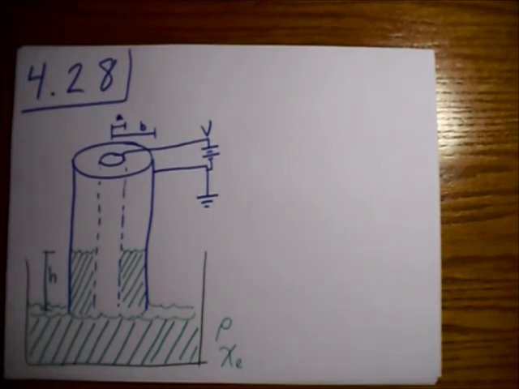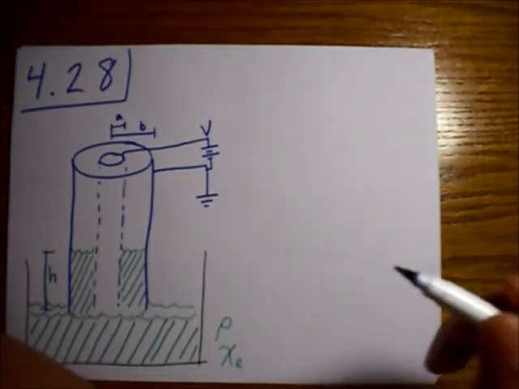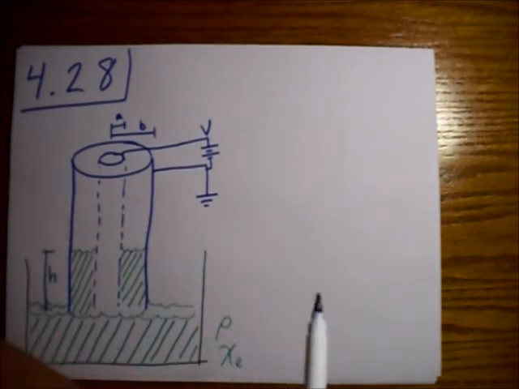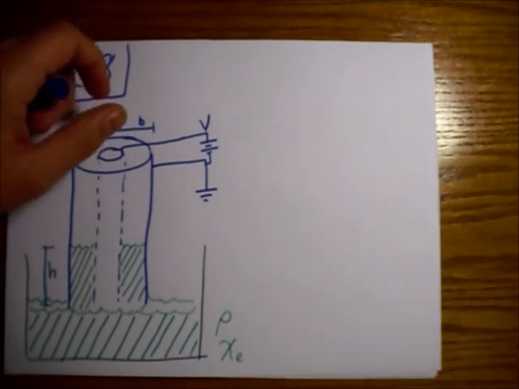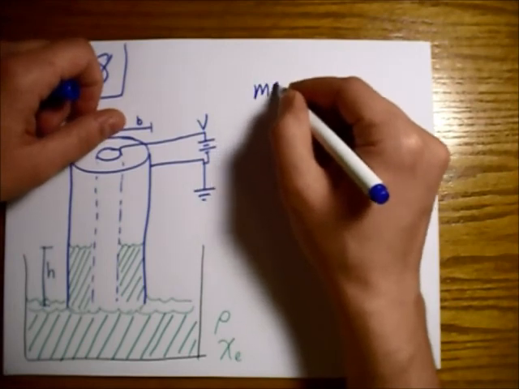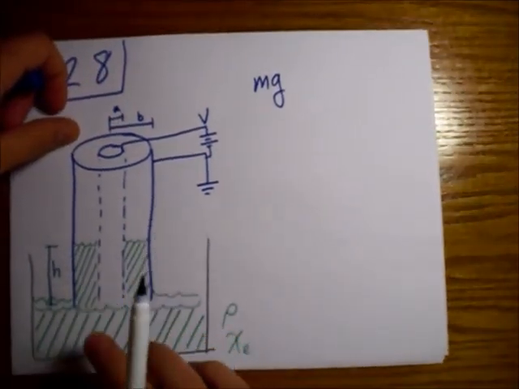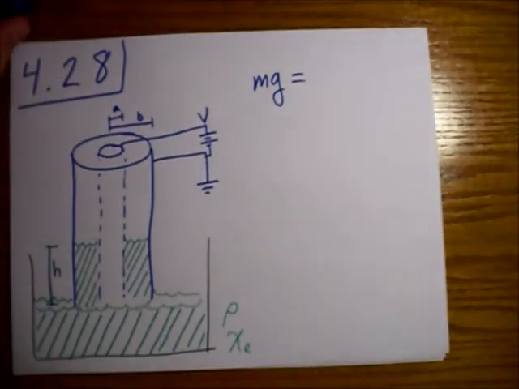What we're going to do here is, let's start with, what shall we start with? We want a force balance equation, right? So we want the weight of this oil to balance the electrostatic force as the oil is being pulled up in here. So how shall I write that? Let's just say mg, right, meaning the mass of the oil in here multiplied by the gravitational acceleration is equal